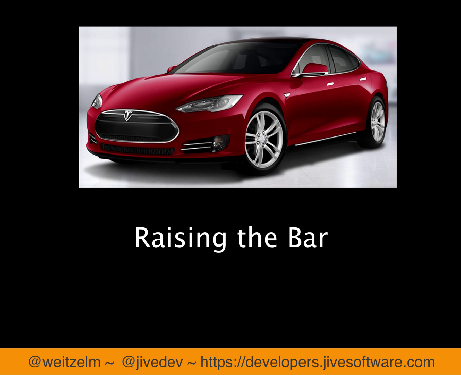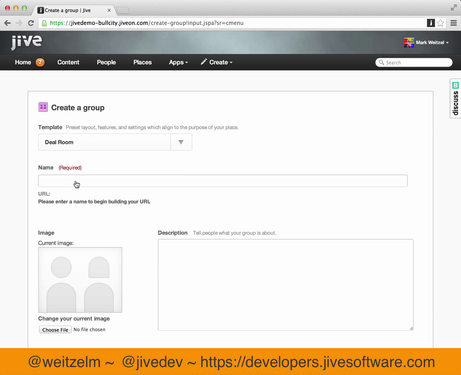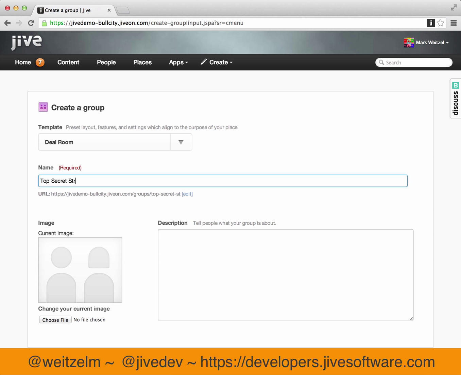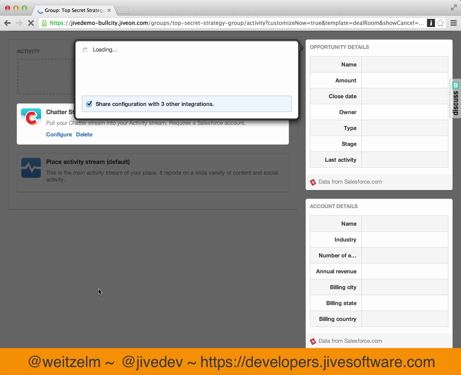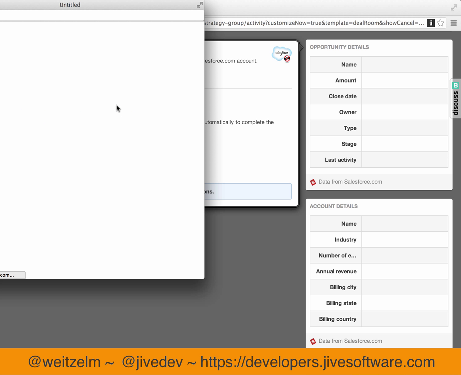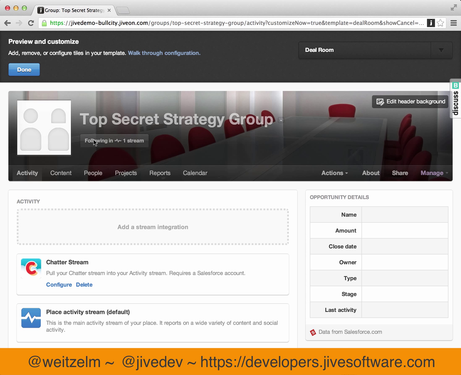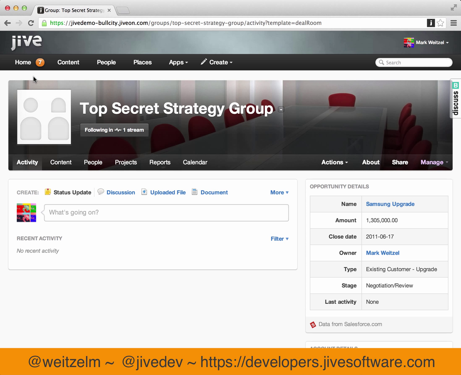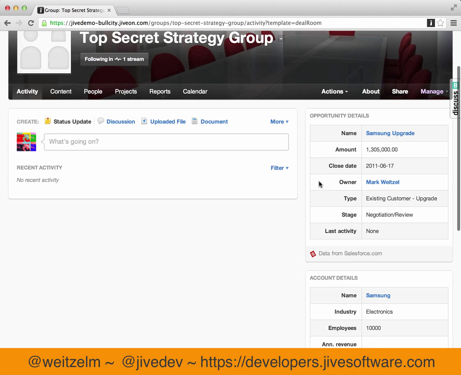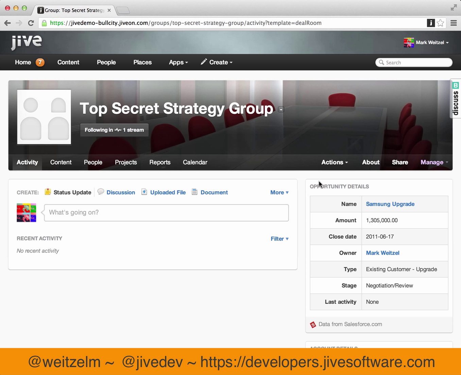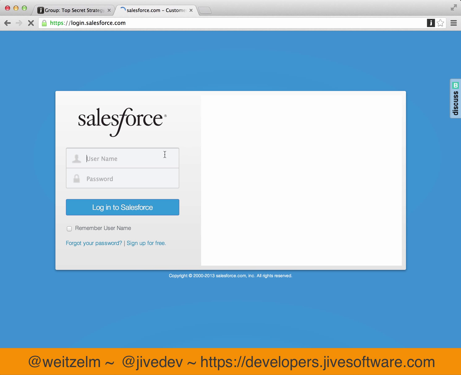At Jive, we didn't just stop with an activity stream and embedded experiences. We've raised the bar by introducing purposeful places, a more effective way for groups to collaborate and work together. Here I'm creating a deal room, which is integrated with Salesforce right out of the box. You'll see tiles, which allow information to be pushed directly into Jive from back-end systems asynchronously. Here I've got account information and opportunity information that are surfaced directly from Salesforce after I select or configure the